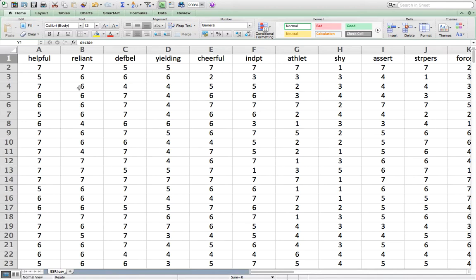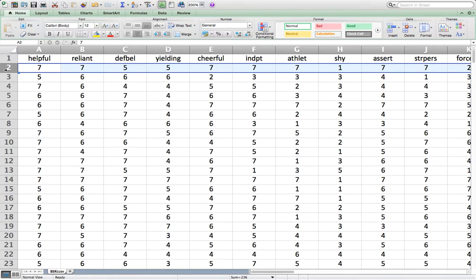The sample was 369 middle-class English-speaking women between the ages of 21 and 60, and they were given questions. For example, this first person, I don't know the person's age. It's irrelevant in terms of factor analysis.